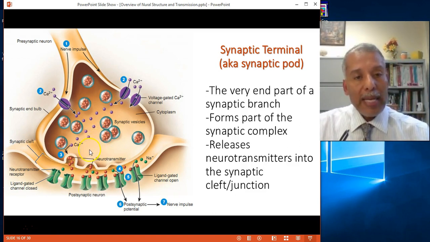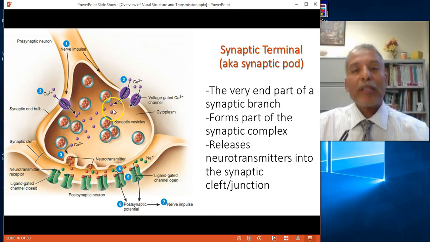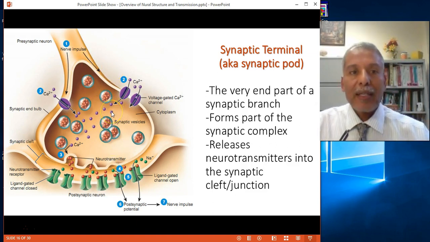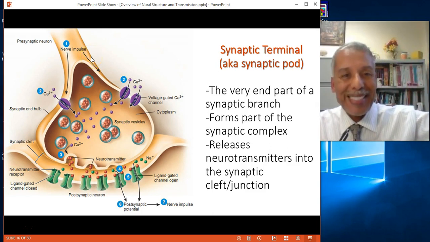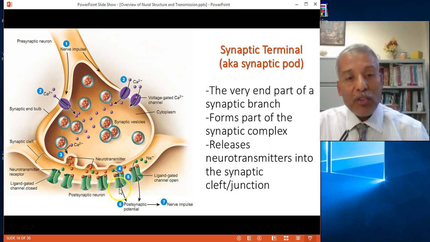The synaptic terminal, we describe it as part of this neuron. We say before the synapse. We call it the presynaptic terminal, or the presynaptic neuron. So that neuron is the one that is sending a signal. The presynaptic neuron is the one that sends a signal. The one that receives a signal is called the postsynaptic neuron, the one behind the synapse, behind the little gap